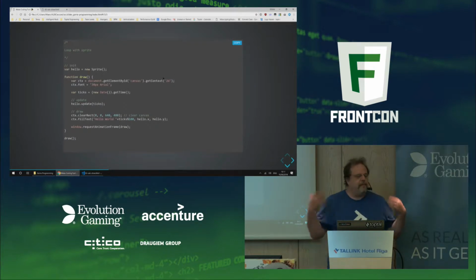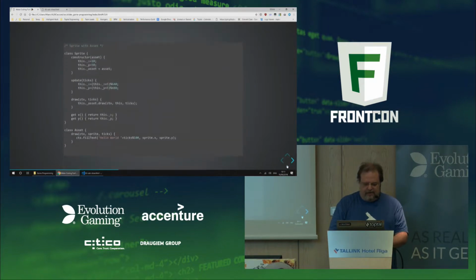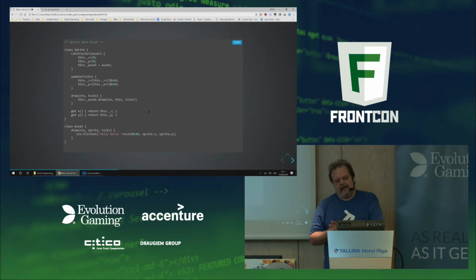So once we introduce that class, as you can see, the code is already looking much simpler. There is, hello is a new sprite, and hello updates every frame, and then you draw it, right? And the thing is, of course, that this is still a little bit dirty. There is still some calculation in there. So we introduce a new concept, which is assets. What are assets? Assets are,